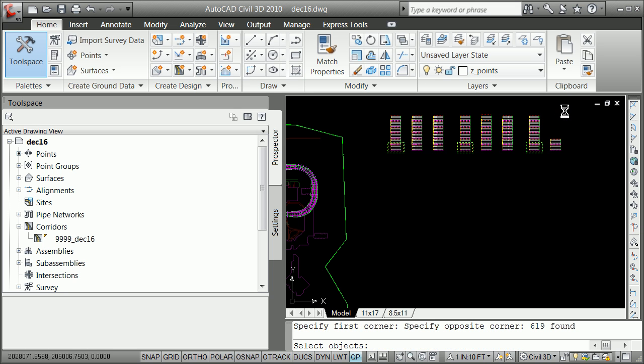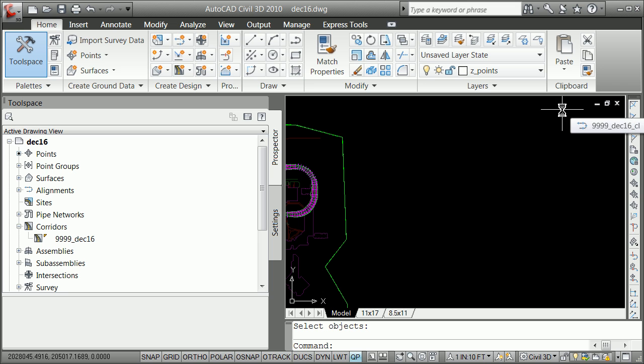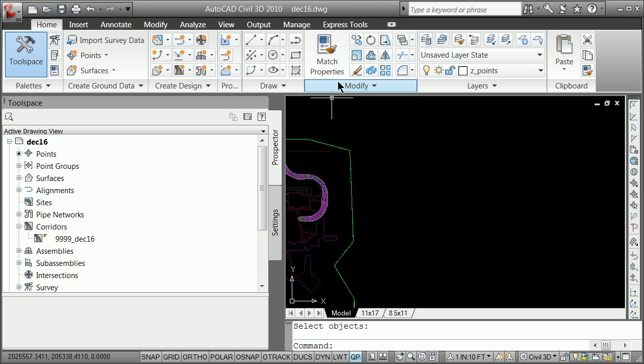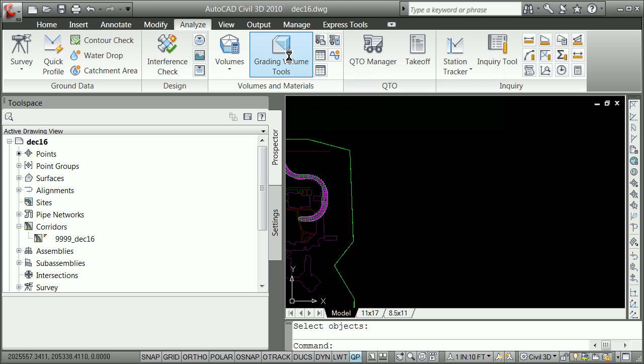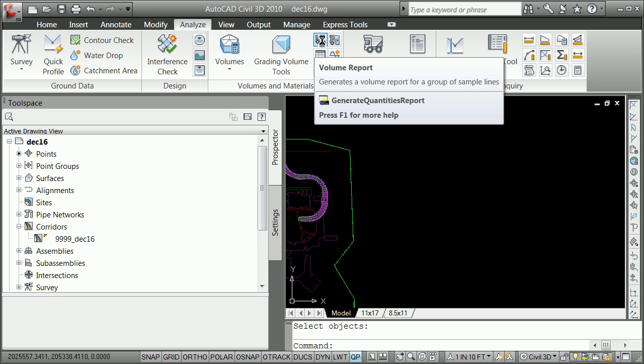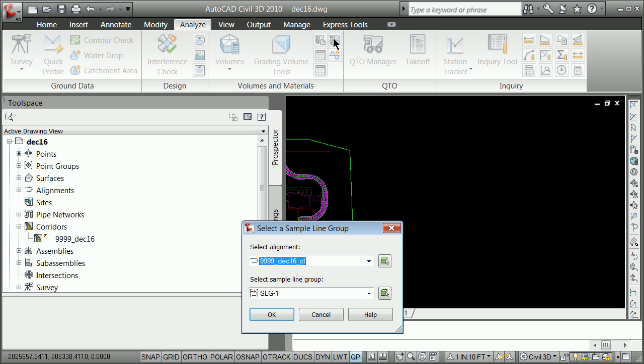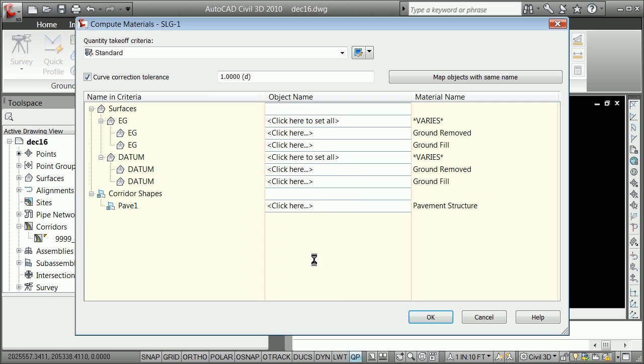I'm going to erase them all out. Feeling a little bit better about doing the computations, though. Understand very often you have to unsample and resample those surfaces that came from the sample line group. So we're going to try this. You're going to go ahead and go to Analyze. And you're going to compute quantities. And you, once again, for that group here, this is where it comes up,